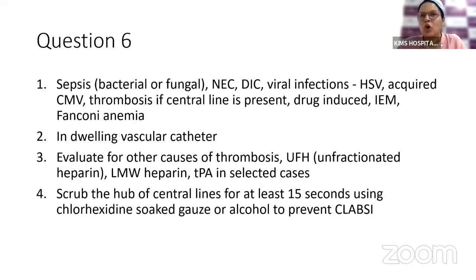Thrombocytopenia, again, is one of the commonest hematological abnormalities in neonatal ICUs. It can be either early onset or late onset thrombocytopenia. Early onset thrombocytopenia can be due to conditions such as asphyxia, TORCH infections, that is in utero infections, early onset neonatal sepsis, and otherwise stable newborns who are born to mothers with uteroplacental insufficiency, who may also have thrombocytopenia,